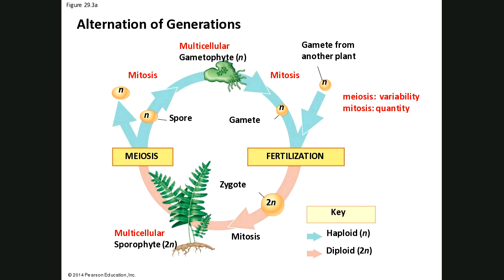But what we mean in alternation of generations, I guess we could call it alternation of multicellular generations. Another word for this lifestyle, by the way, is haplodiplontic, with TIC at the very end, okay? Haplodiplontic also means alternation of generations. So haplodiplontic, alternation of generations, whatever word you use, they refer to the same thing.